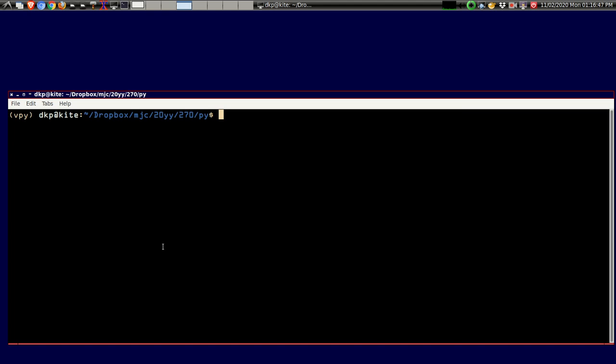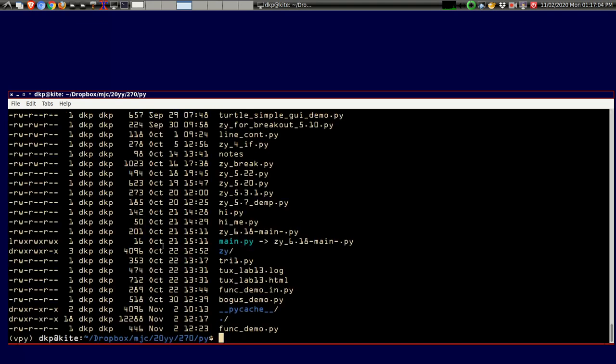Okay, what we're going to show here is how to use functions and how functions behave, and the definition of local scope and what a namespace is. So to start with, I've created this function called function demo here. I'm going to bring it up in IDLE,